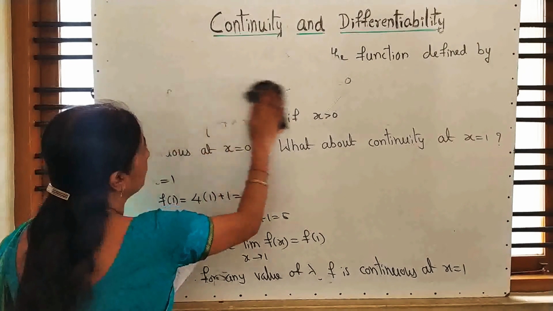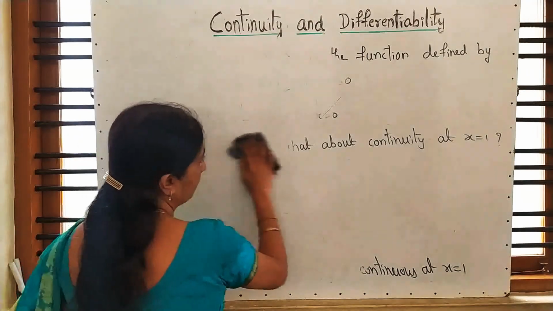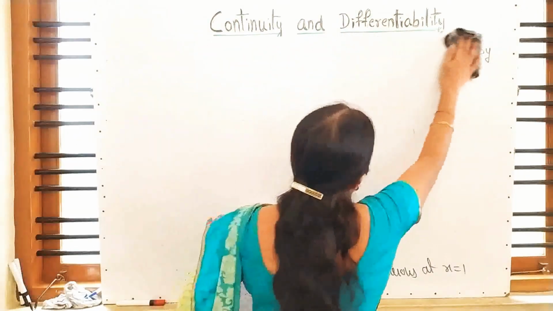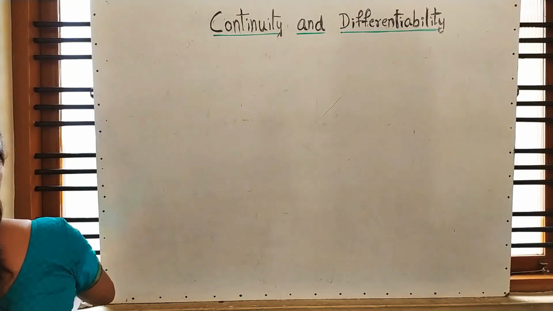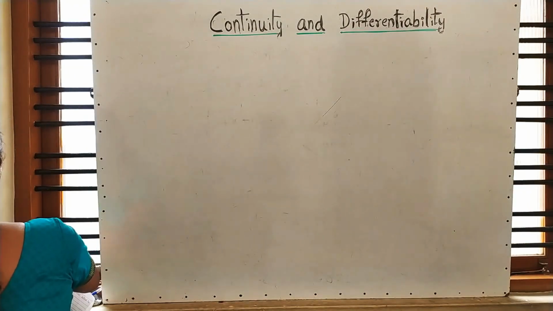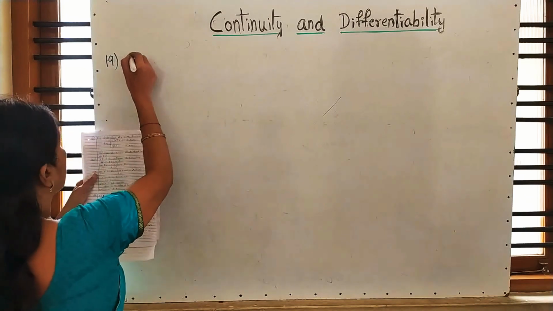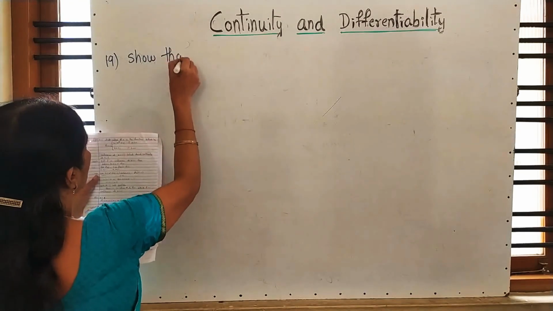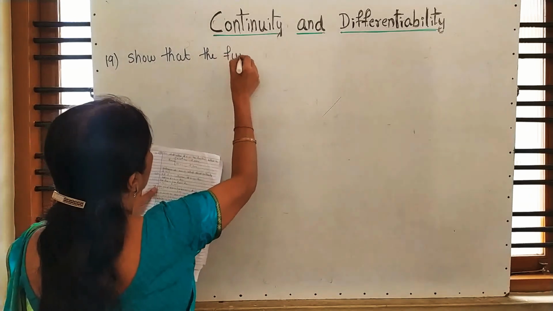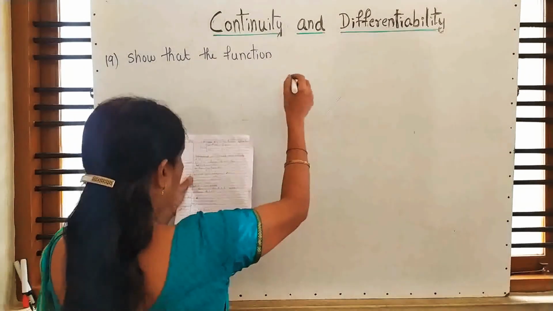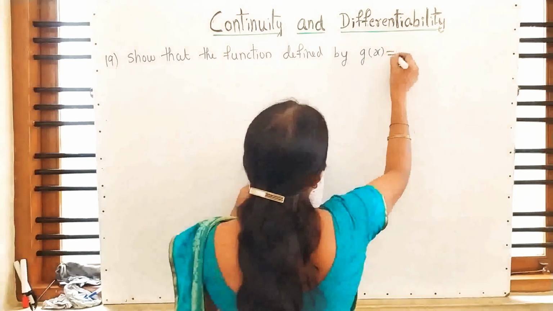Question number 19. Show that the function defined by g of x is equal to